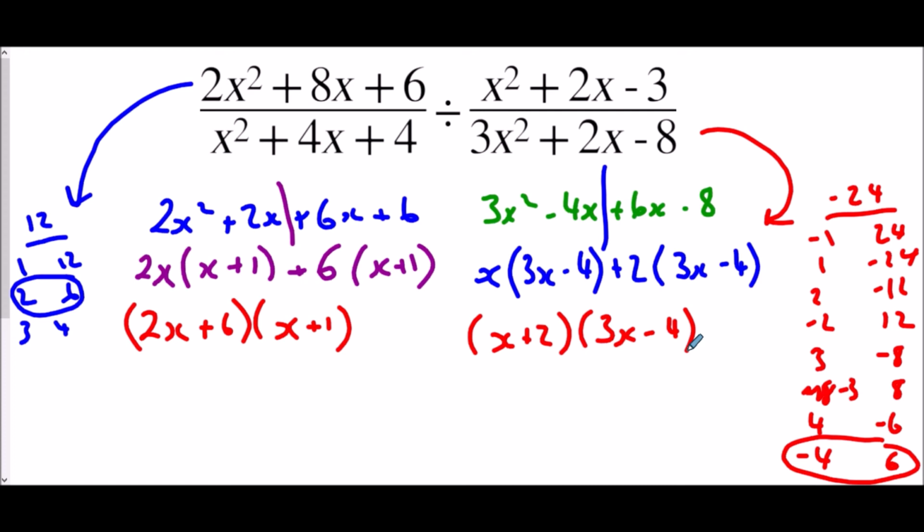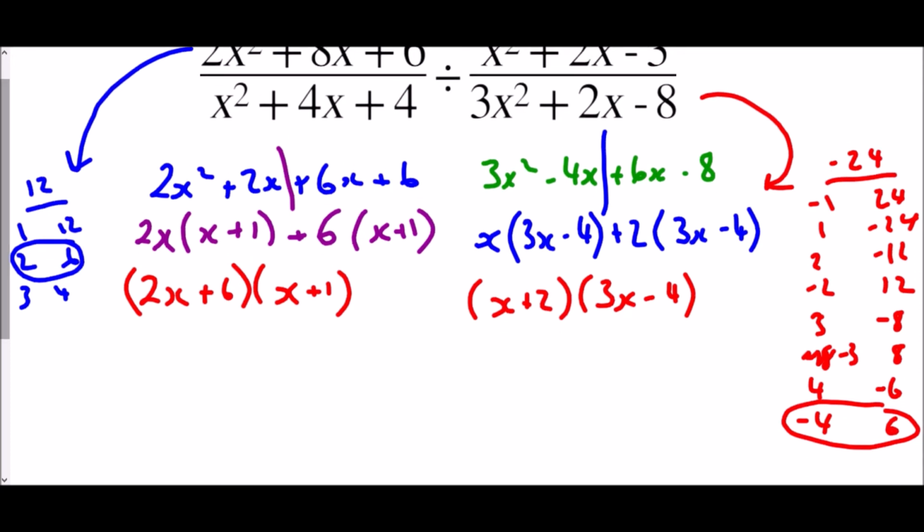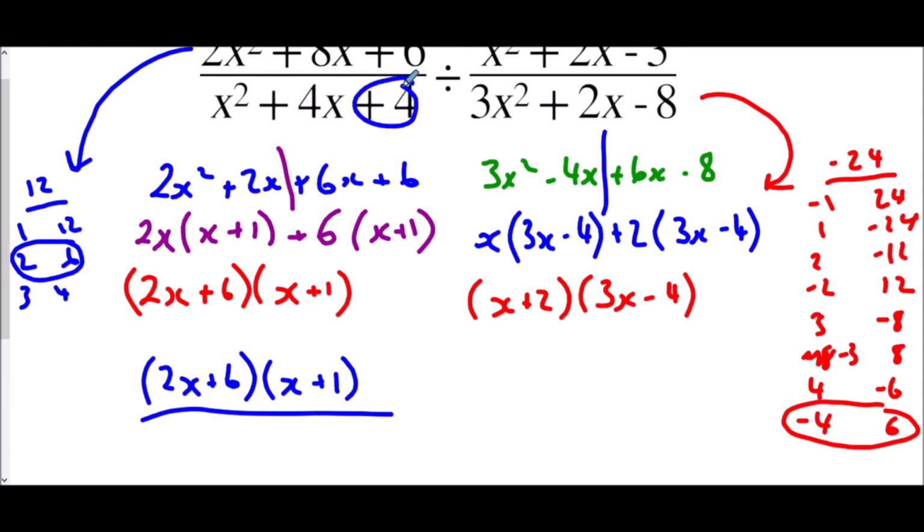And we want to factorise the top and bottom of each of these expressions. There's a lot of work going into this question. So we've just said that the first fraction was 2x plus 6 over x plus 1. And the bottom of that fraction, well, if I wanted two numbers which were going to multiply to make 4 and add to make 4, well, that would have to be x plus 2, x plus 2. And then on the other side, we've just worked out that the bottom should be x plus 2, 3x minus 4. But all I want to do is I want to just do my copy, change, flip